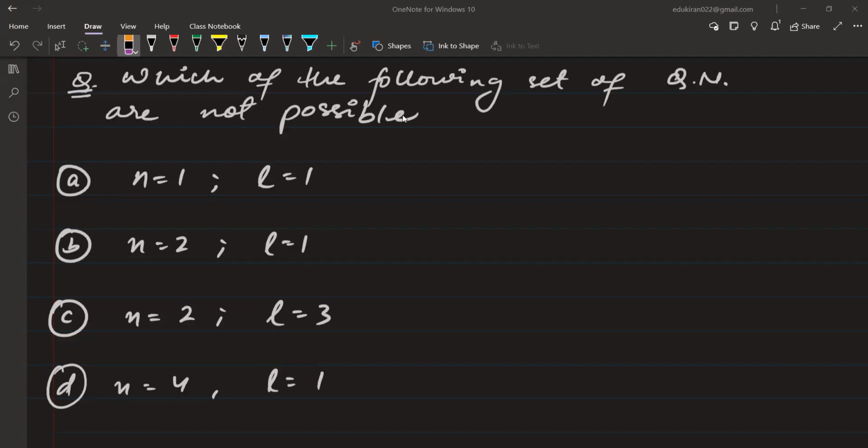ठीक है. Yasir, when we have been given the values of n and l, then you have to see are these values possible. So look, is n equal to 1 possible or not? n equal to 2, n equal to 4. Are these n possible or not? Okay. First of all, you look at the principal quantum number. Then you look at the azimuthal quantum number for the given l. Okay. So for example,